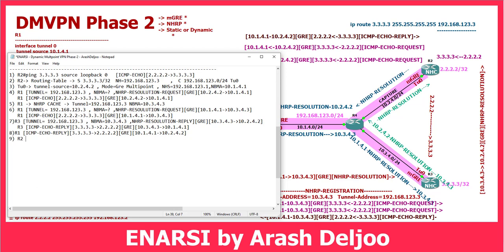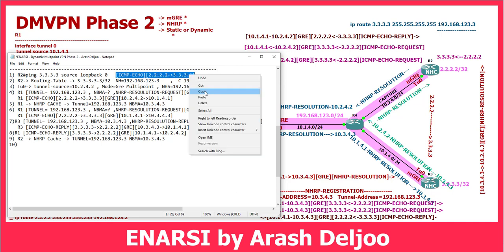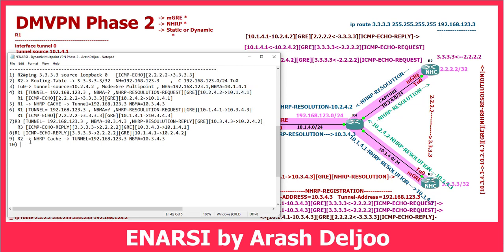Look at here, in router 2, now in the NHRP map cache, NHRP cache, we have this information. First, the tunnel address is 192.168.123.3, and then the NBMA address is, for example, 10.3.4.3. That's it. Because of that, it can send its other ICMP echo directly to router 3